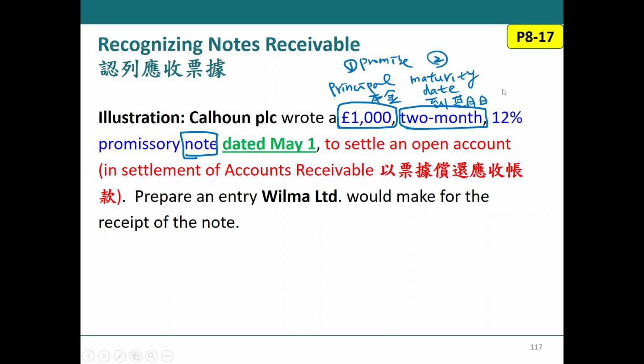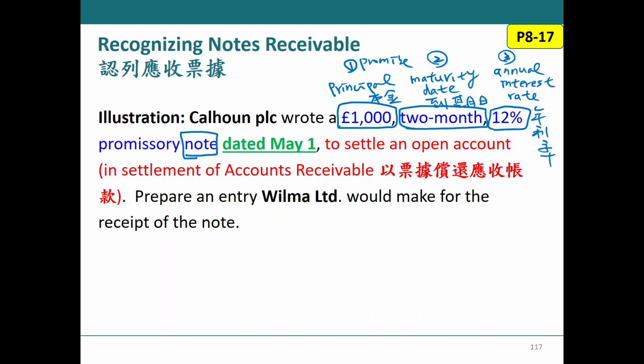When we talk about note, always don't forget interest. So here told you 12%. So this is a third promise. We didn't mention how long, then we assume this for 1 year. So annual interest rate 12%. 年利率。